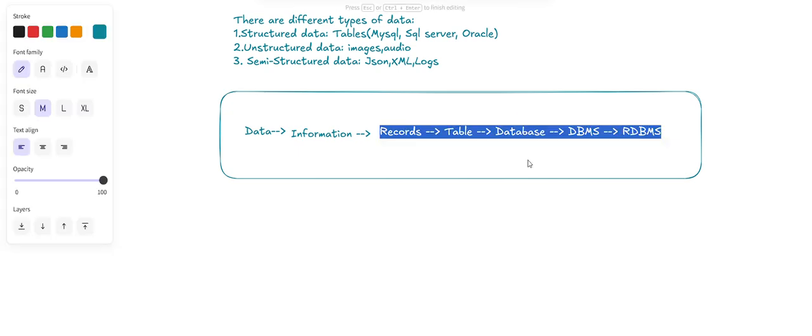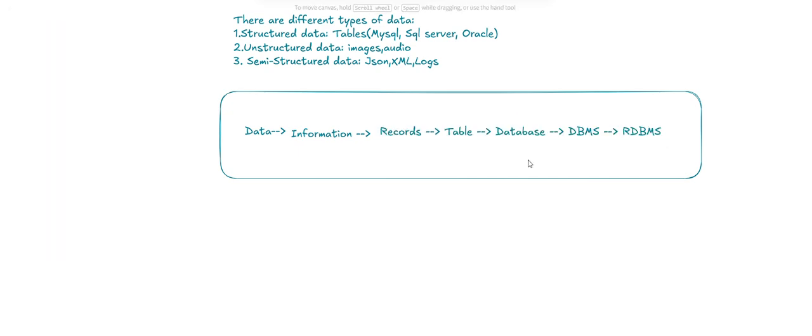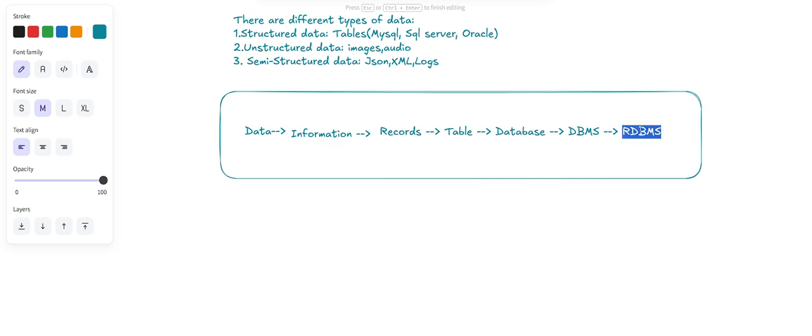There is not only a single table, so a collection of different tables is nothing but a database. The database we are currently using in this scenario is an RDBMS, which is a relational database management system, and DBMS is a database management system.